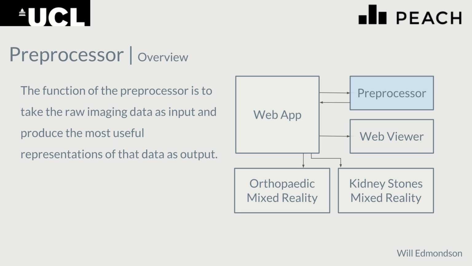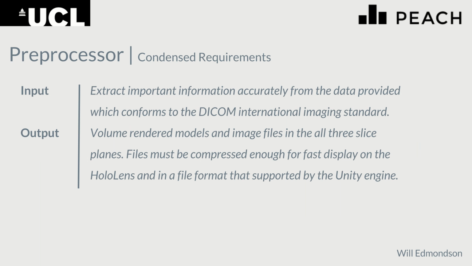The function of the preprocessor is to take the raw imaging data as input and produce the most useful representations of that data as output. A few of the condensed requirements on the input: extracting important information accurately from the data provided, and the data conforms to the DICOM International Imaging Standard. And for the output, volume rendered models and image files in all three slice planes. The files must be compressed enough for fast display on the HoloLens and in a file format that is supported